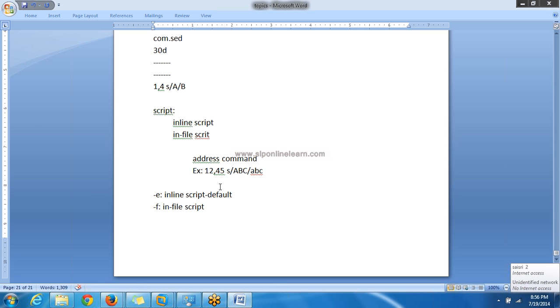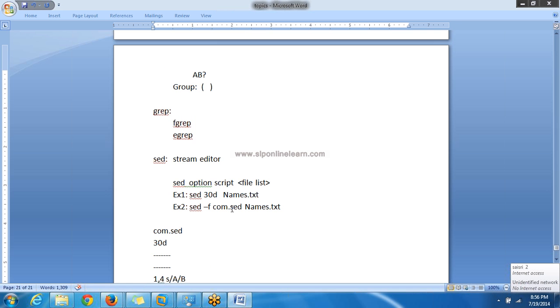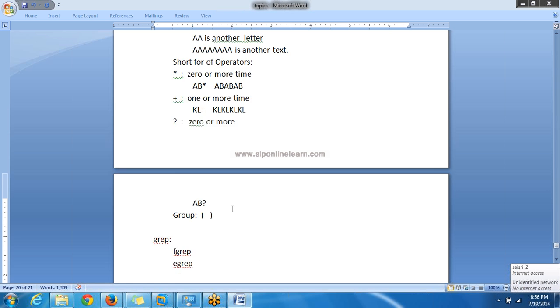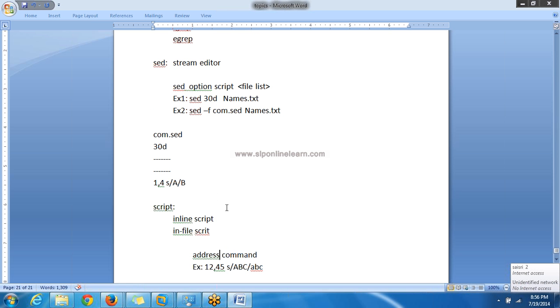Next one is how this sed command will be executed on the file. Suppose take this one example, and this is your sed script file name. This is the file name and this is the content present in this file. These are some commands or regular expressions present in this file.